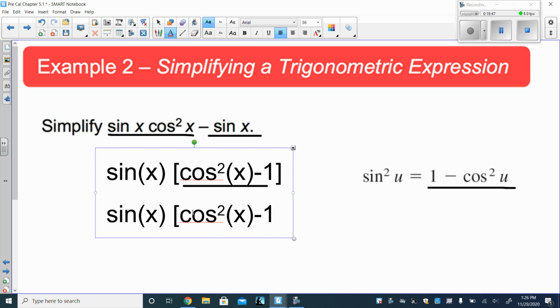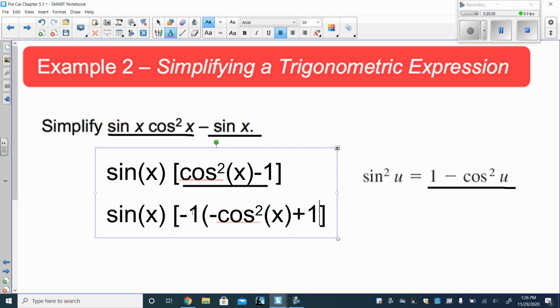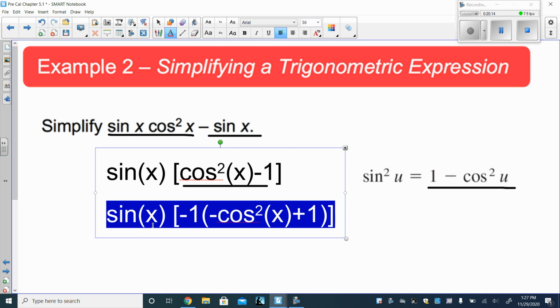because what I can do to change it from positive cosine to negative is factor out a negative 1. We can factor negative 1 out of both. And what that does is it turns cosine from positive to negative, and it turns the negative 1 from negative to positive. So it changes the signs, which doesn't seem like too big of a deal. But